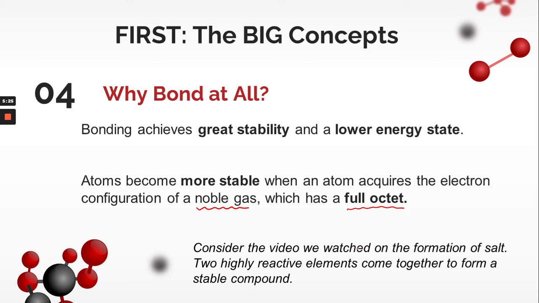When you have just sodium and it's not bonded to anything else, it is incredibly reactive. That's why it has to be stored in a special way and handled very carefully. When you have chlorine by itself, it is a toxic, dangerous, poisonous gas. But when you put these two elements together and a bond forms, what you end up with is that table salt